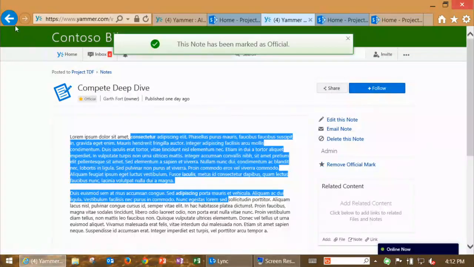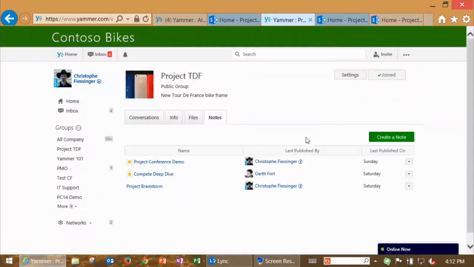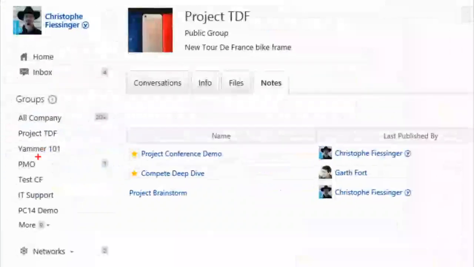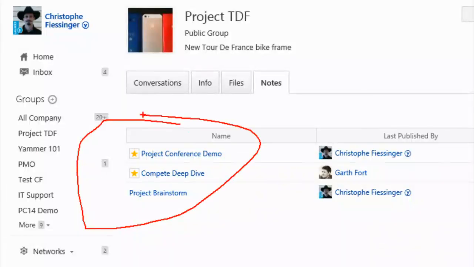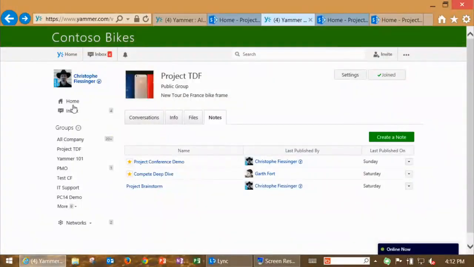What happens from there going forward is every time my peers are looking for something, you can see that little yellow star here. This type of asset, if I search for compete, is going to be typically surfaced at the top, because suddenly this is an official piece of knowledge or an official document. Now it also puts a lock on that document.